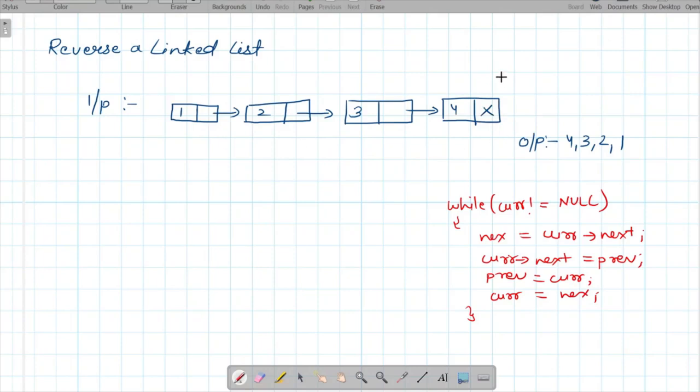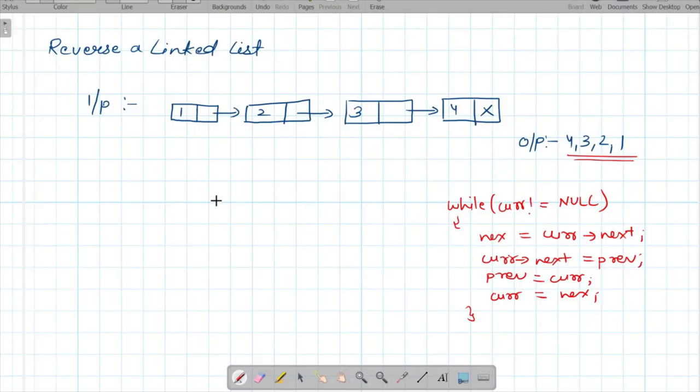So when we will reverse this linked list, the contents will appear in the format 4, 3, 2, 1, which means that at the starting the first node will be 4, the second will be 3, and then 2, and then 1. So in this way our output should be. So what we basically need to do is the nodes will remain as it is. We will just do these pointer changes, and then finally we will return the head node, which will be our 4. Okay, so once this is done, our linked list will be reversed.